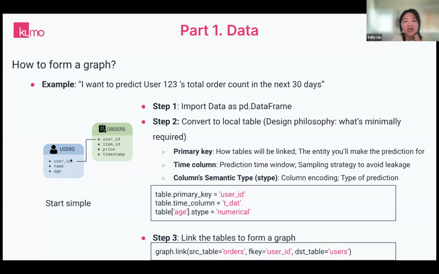For instance, if you say, hey, okay, the user ID is the primary key here. So when another table wants to link with the user table, it will look at the user ID as the primary key to do the joining here. And also it determines the entity you can predict for. For instance, when the users have a primary key, then the user is the entity you can make a